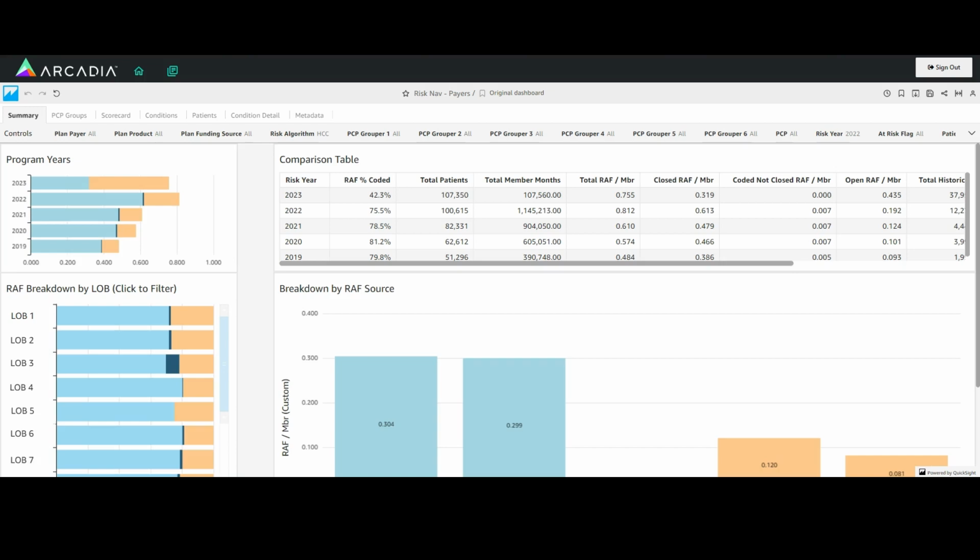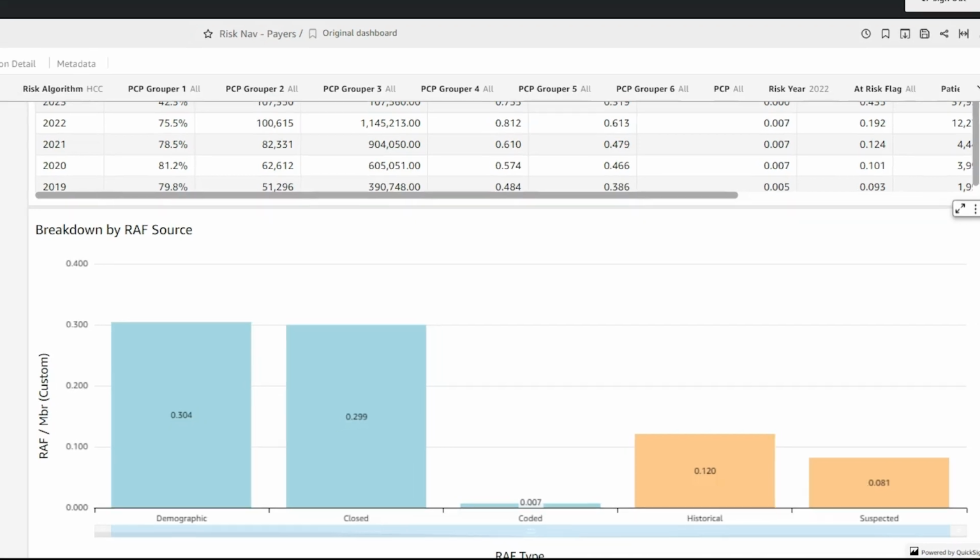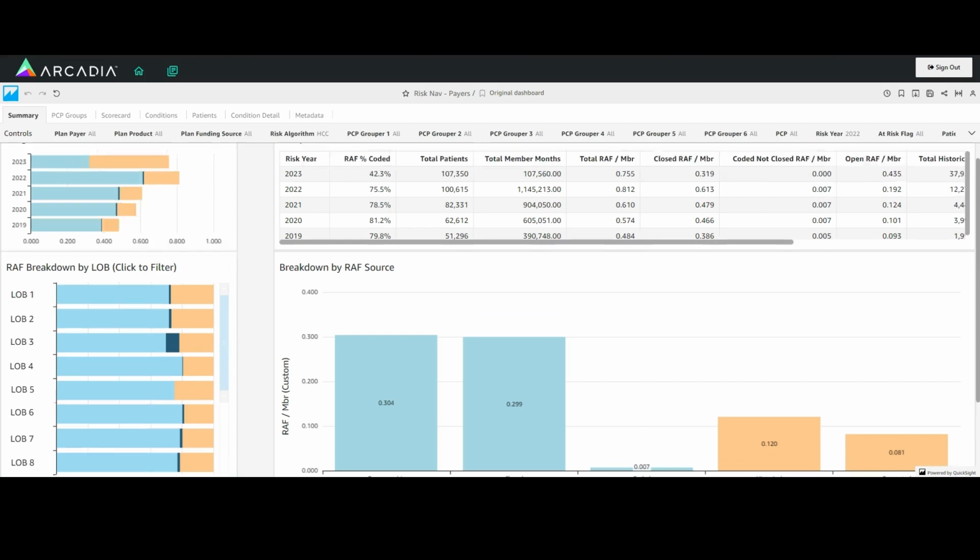On the Summary tab, here you could see high-level questions. How are you doing across the years by line of business? And then we'll always break down a risk by closed RAF over here on the left, and open RAF will further be broken down into historical and suspected. Historical risks are those persistent risks that are seen throughout time for your population. Suspected risks is anything that Arcadia suspects in our proprietary suspecting engine once we run all of your data through